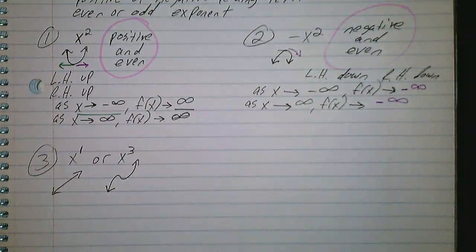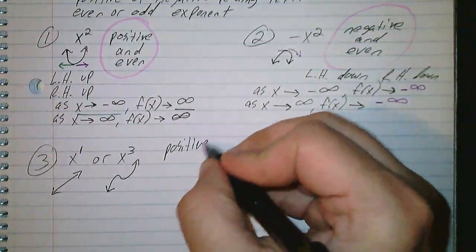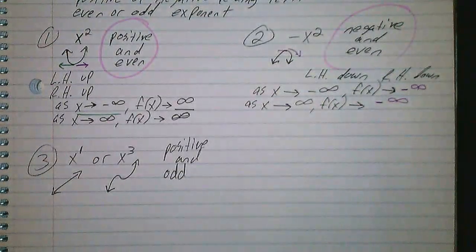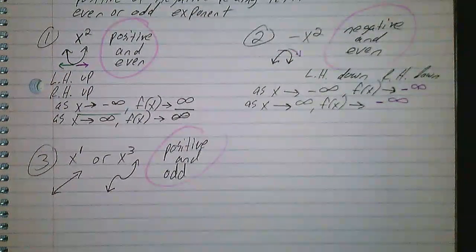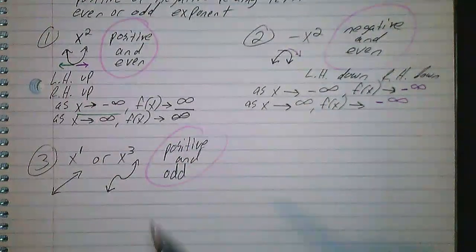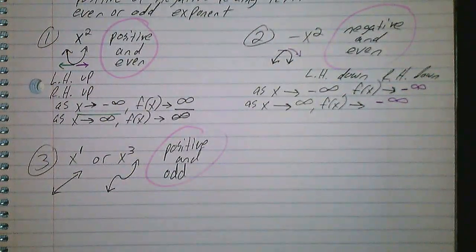But either way, notice that since we are positive and odd, now our exponents are odd. It's not the coefficient. Oh, I should make that clear. We don't care about the coefficients when determining end behavior. Students will look at the coefficient and see whether that is odd or even. That doesn't matter, just if it's positive or negative. So whether we have x to the first power or x cubed or x to the fifth, x to the seventh, any of these graphs